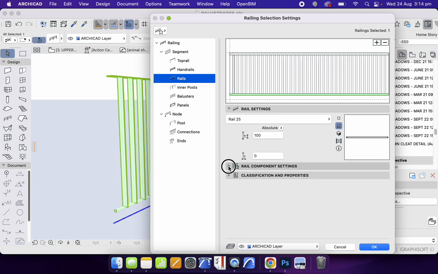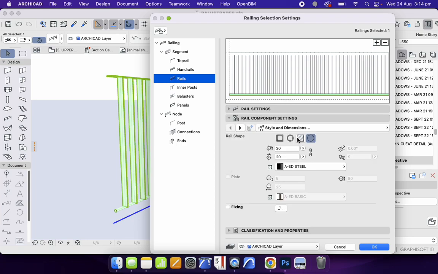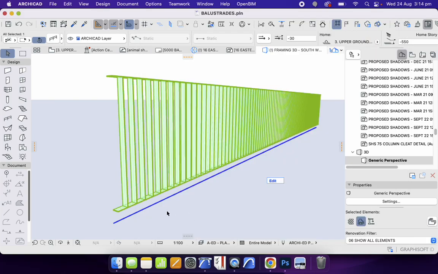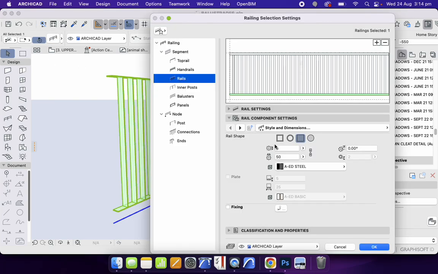I'll go into the settings, rail component settings. We'll change this to the standard rectangular. I don't want it to be hollow in this case. Sometimes it can be a bit confusing which one's 5 and which one's 50. If you're not sure, just try it. So 5 and 50, and then press OK. And we see that was the correct direction. Of course, if we did it the other way around, 5,